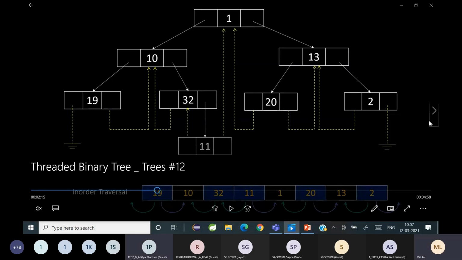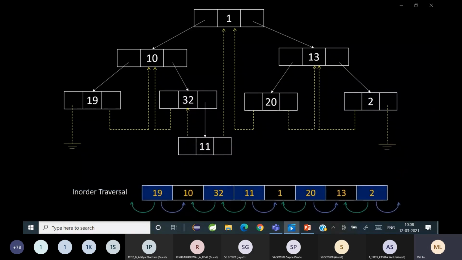Are you all understanding? Is it clear, everybody? Now see, sometimes this 19 and 2 are right now grounded. Why? Because 2 doesn't have a successor and 19 doesn't have a predecessor. To avoid that, that thread can be connected to a head node.